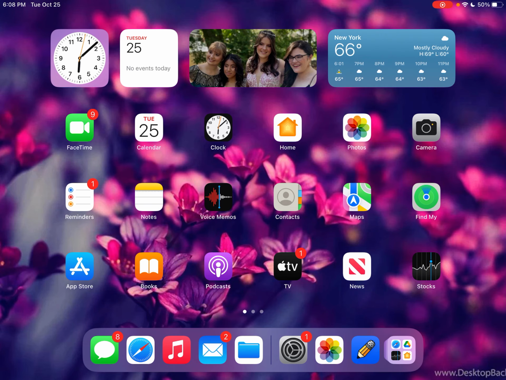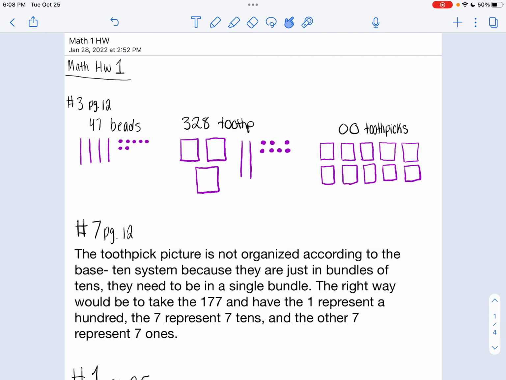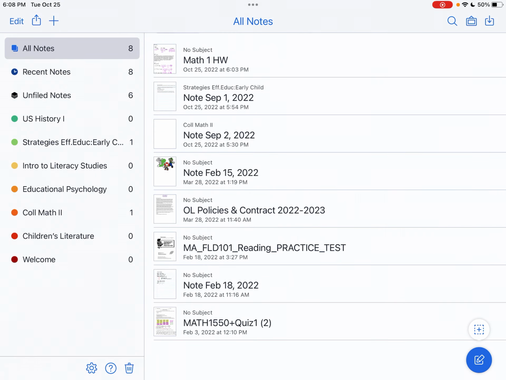Today we are going to go over the app called Notability, which you can find on the app wheel under the note-taking section. This app is great for taking notes during lectures and to be able to draw and make diagrams. The first thing I would like to highlight about Notability is how you can organize all your classes